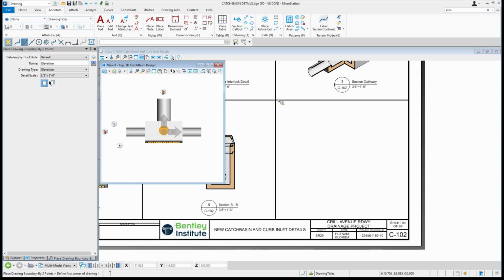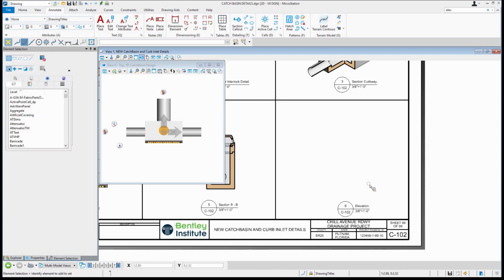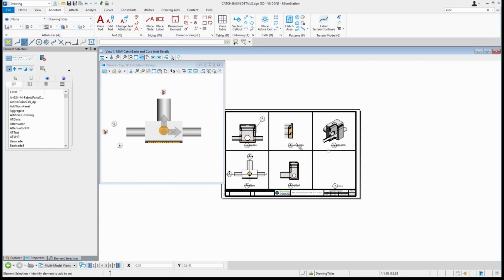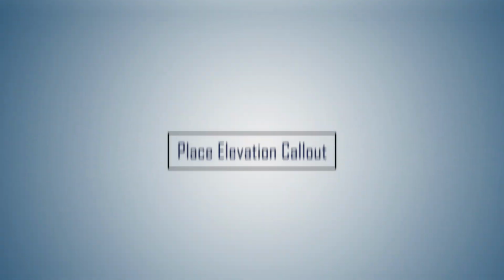So I'm going to snap to this location here, and I'm going to place it right here and drop in my place elevation callout, which you'll notice is just a bunch of text right now, but as soon as I give a data point and hit a reset, you'll see it fills it out. Why does it fill it out? Those are fields, folks. They're automatically populated and filled in. Why is this important? Well, as I'm sitting here looking at this, I need to place that front elevation. And if we remember, the elevation tool goes ahead when I typed in elevation,